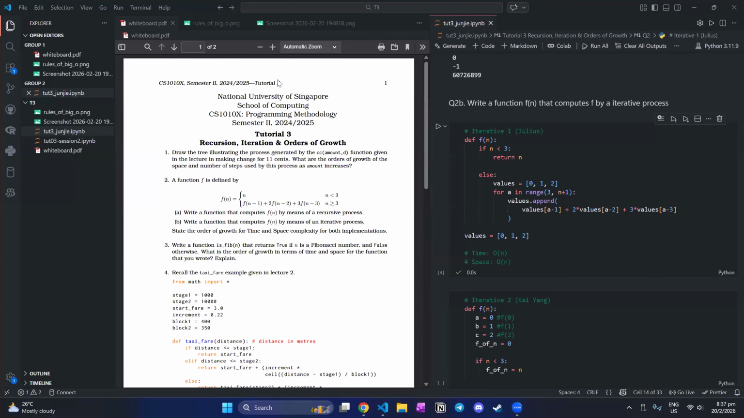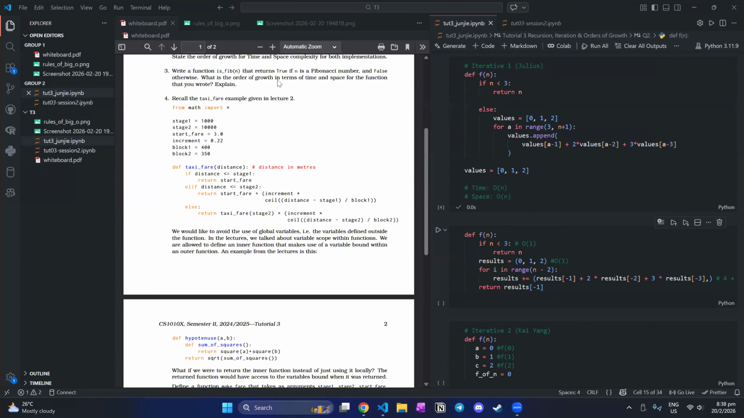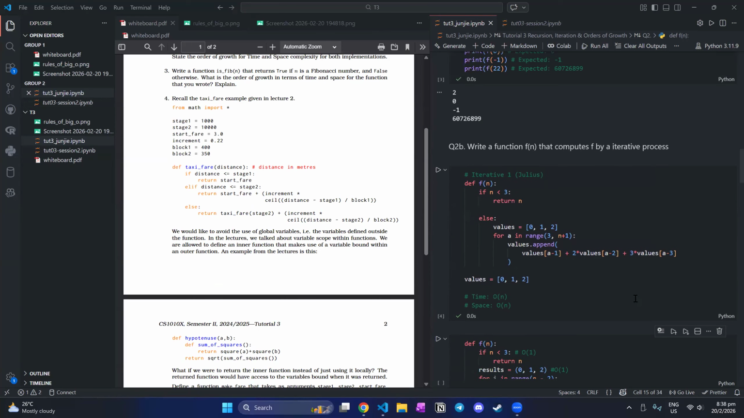By the way, have you guys learned tuples yet or lists? I'd just like an answer in the chat. Have you guys started on tuples or lists? Tuples. Okay. So this is